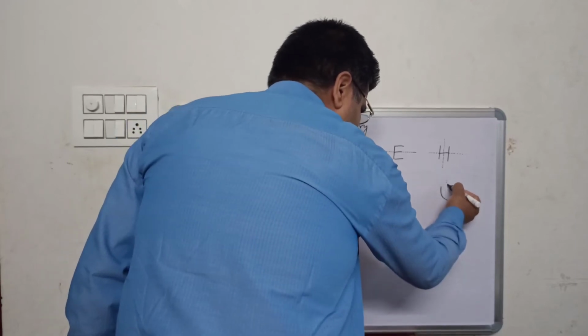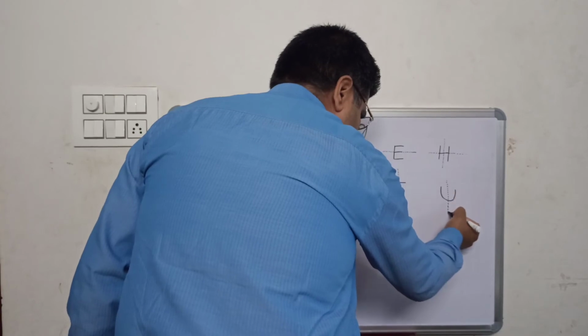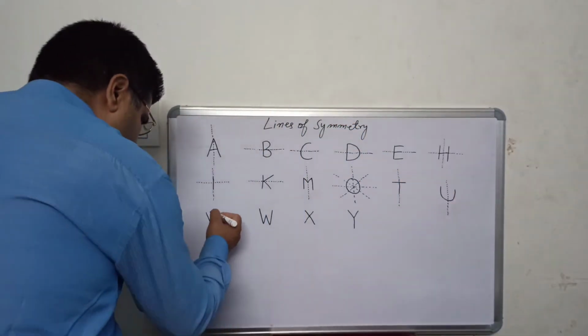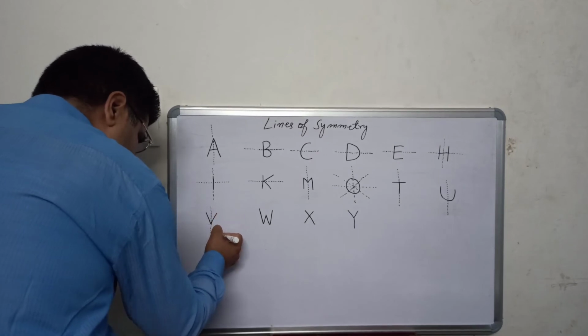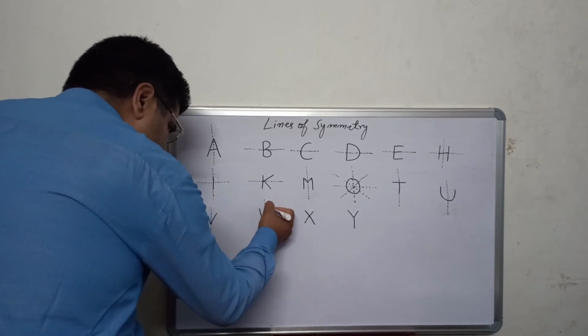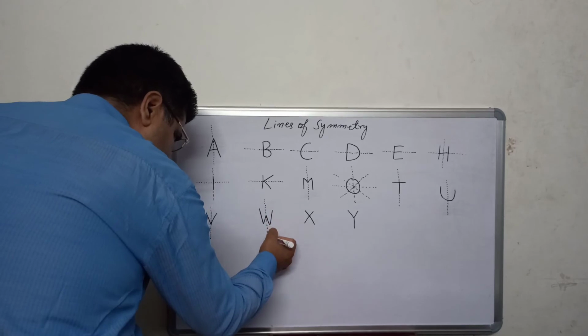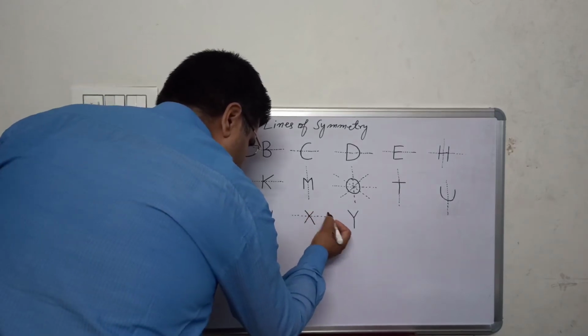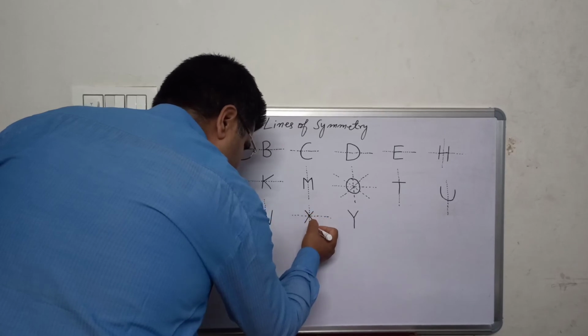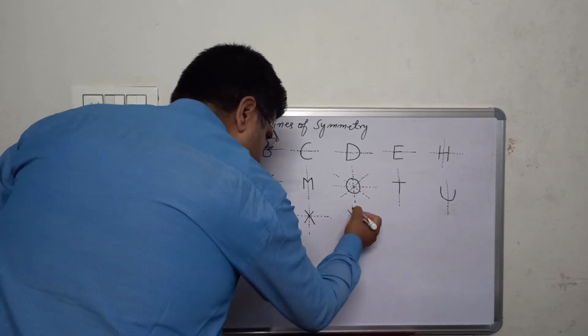Line of symmetry of U is also vertical. Line of symmetry of V is vertical. W is vertical. X is horizontal as well as vertical. Y is